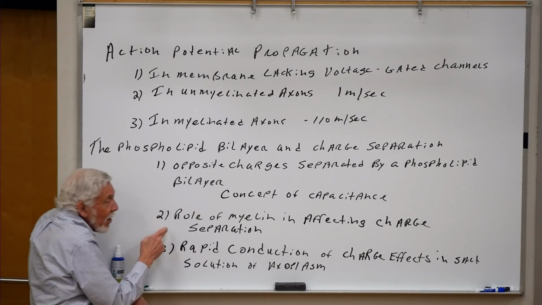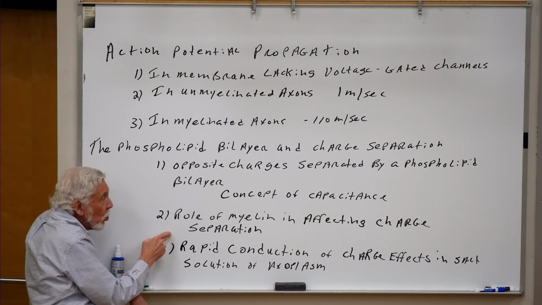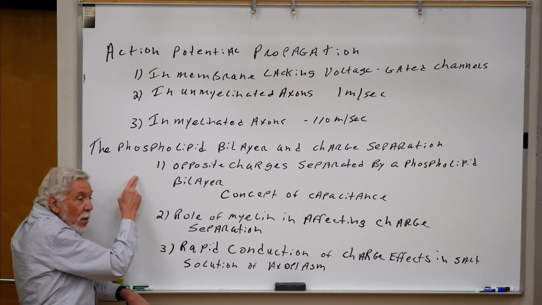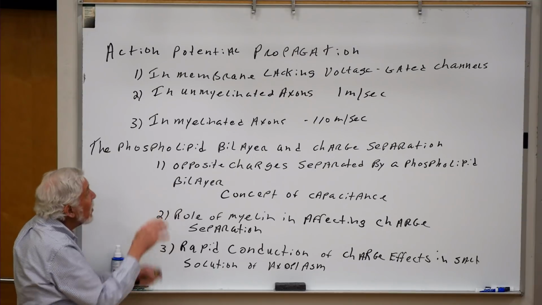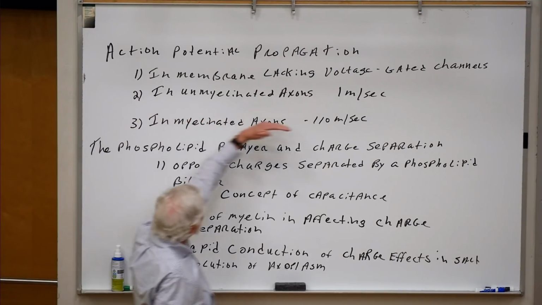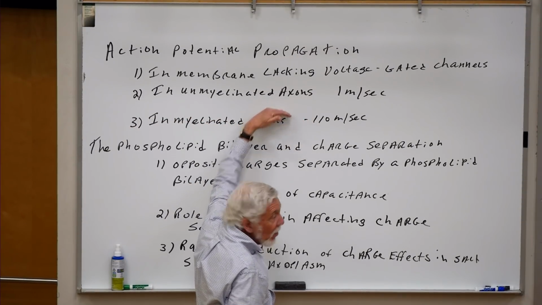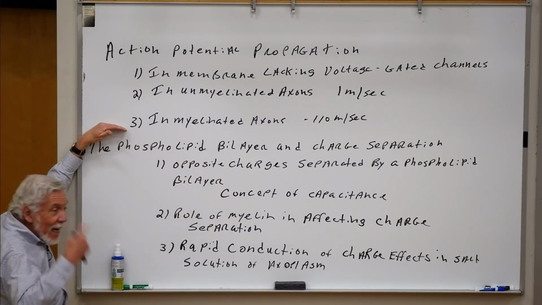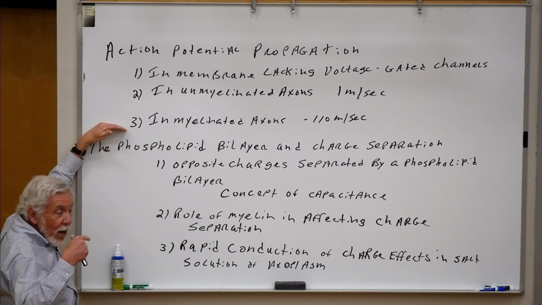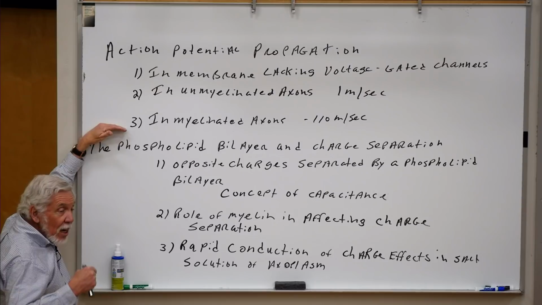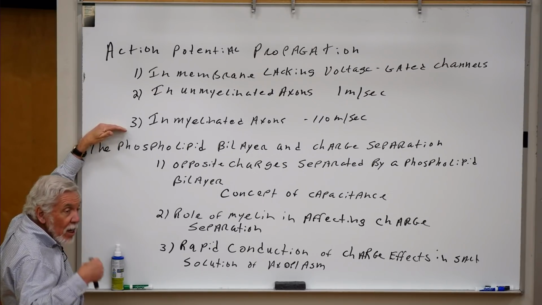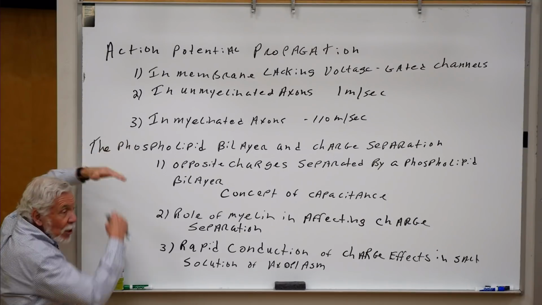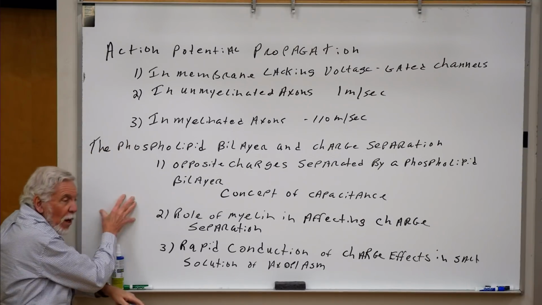And then most of that capacitance needs to be discharged before we can begin moving current, moving ions through the channels. And we'll see how this limits the rate of propagation in unmyelinated axons. But we'll also see that by myelinating the axon, by separating the inside of the axon and the outside world by layer upon layer of a non-conducting medium, we now separate the charge so much that there's very little capacitance